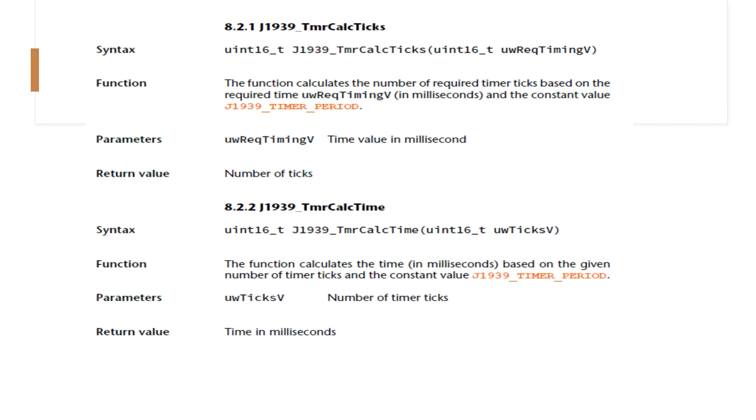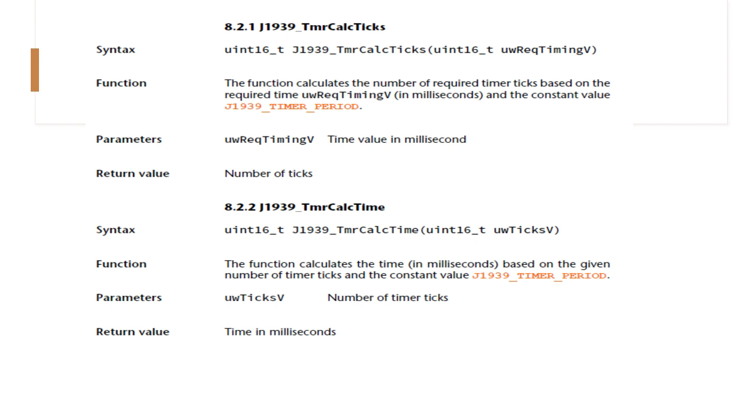Then TMR_CALC_TIME calculates the time in milliseconds based on the given number of timer ticks and the constant value timer period. It takes the number of timer ticks as a parameter and returns the time in milliseconds.